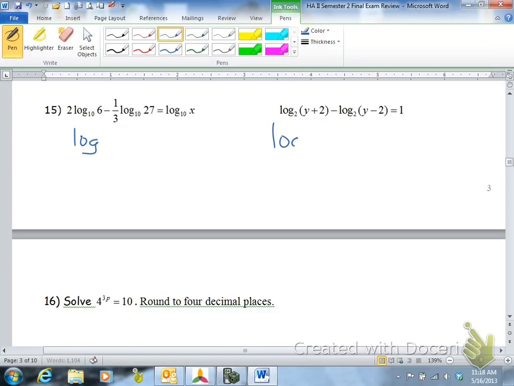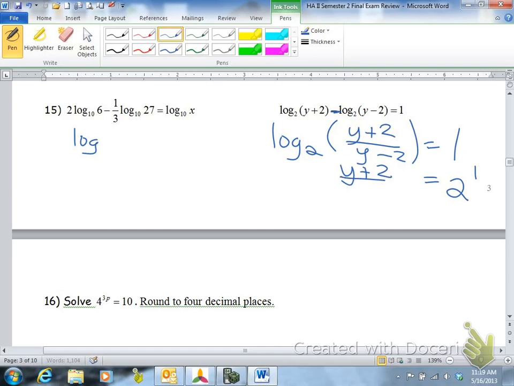Where you have log base 2, a difference becomes a quotient: (y + 2) over (y - 2) equals 1. And then what do you do to get rid of the log base 2? You don't log, it already has a log. You don't want to log a log. You write it in exponential form. So if there's a log on both sides, you cancel them. But if it's in log form, you write it as a base of 2 to the first,